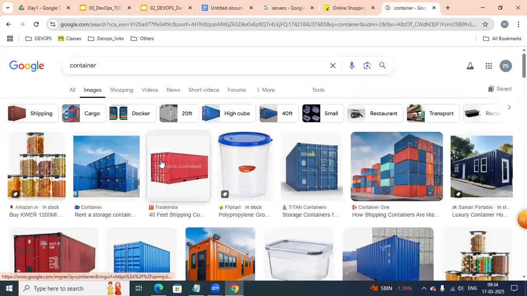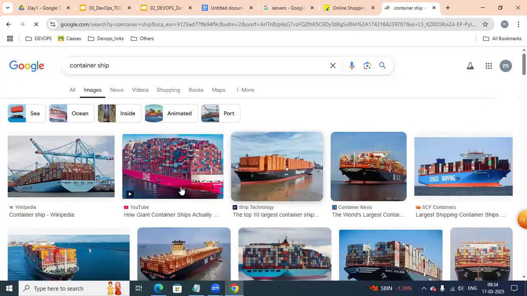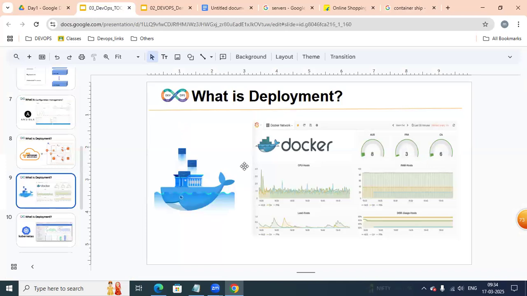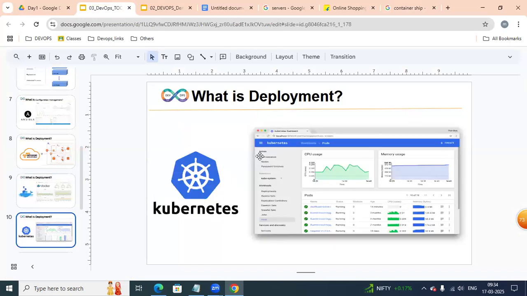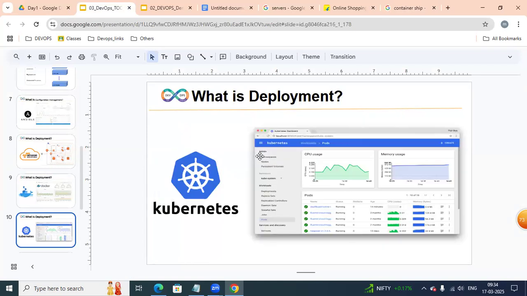But how can these containers be managed or controlled by the ship? One ship can manage all our containers, right? In the same way, all our Docker containers we can manage with a ship like Kubernetes. Kubernetes is an orchestration tool which can manage or control all our Docker containers.